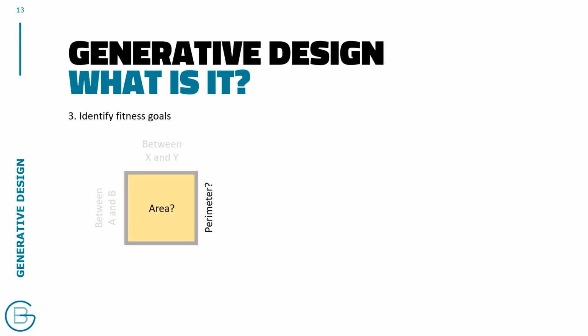From here we need to establish a fitness goal, and this is usually the most important part of a generative study. It's one of the things I recommend that you identify as early as possible. What is the measure of fitness? Because we can't always easily measure something that relates to fitness, given that it usually needs to be a number, especially if you're doing something that has an aesthetic measurement, like how good does this design look. That's usually going to be hard to measure using a number. But in this case we could say the perimeter or the area, and we could minimize or maximize as a